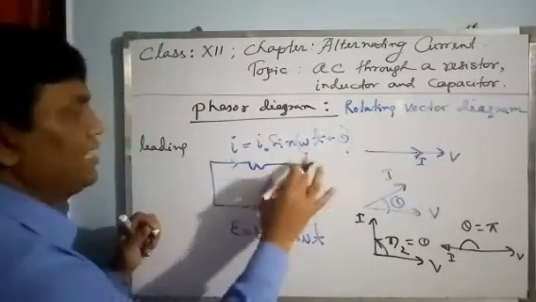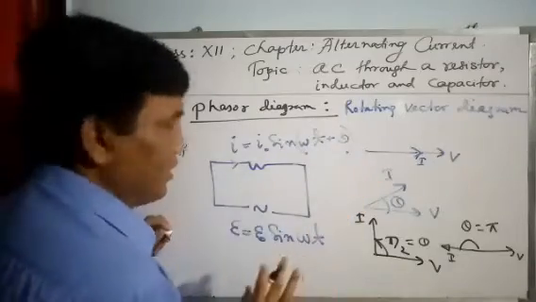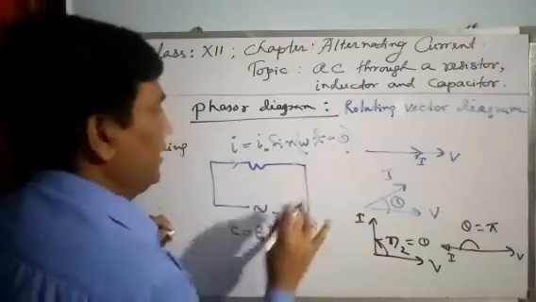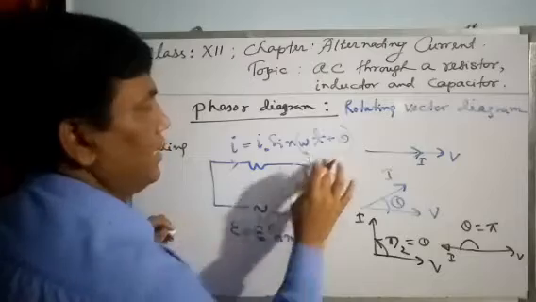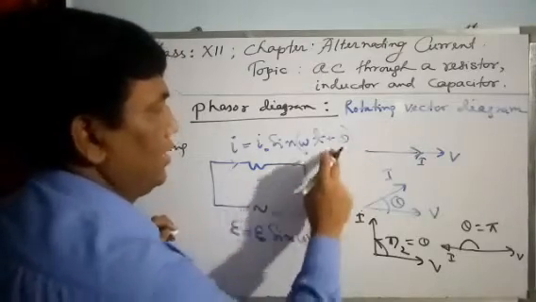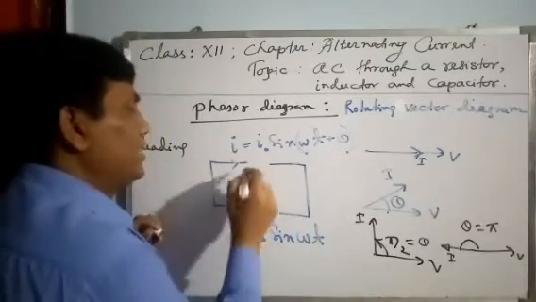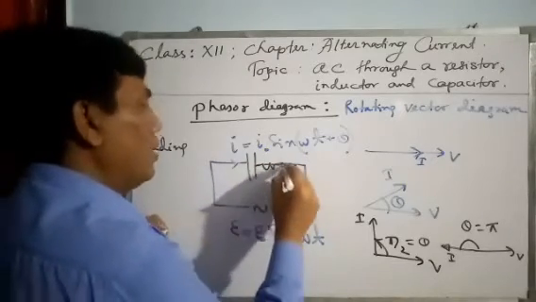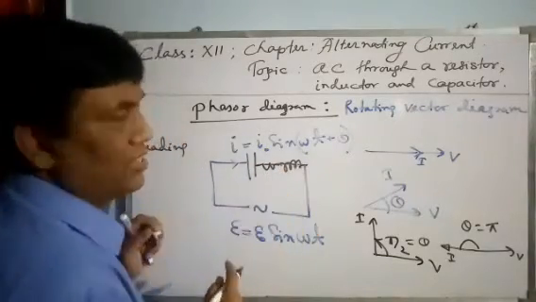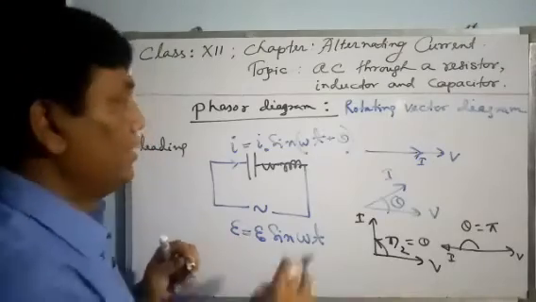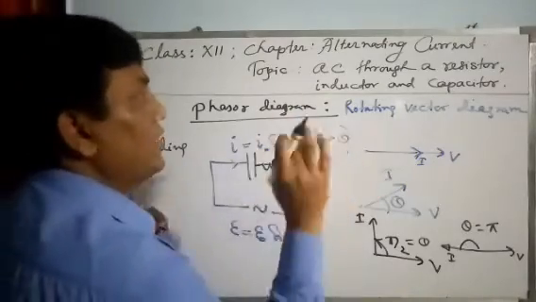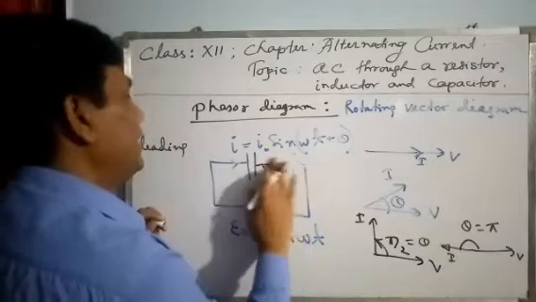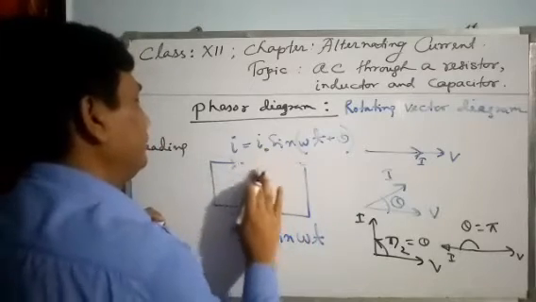I don't know what the exact expression for this is. We are going to derive it. It may be plus theta, it may be minus theta, it may be plus 30 degrees, minus 30 degrees, depending upon a resistor or capacitor, inductor, resistor, etc. We are going to get an expression. We are going to derive it in this chapter. Okay? Good.